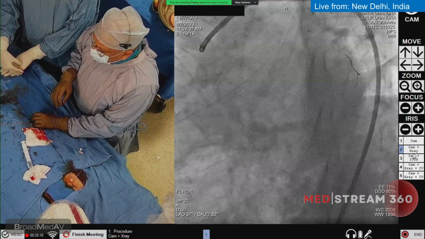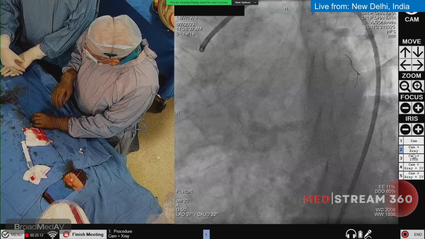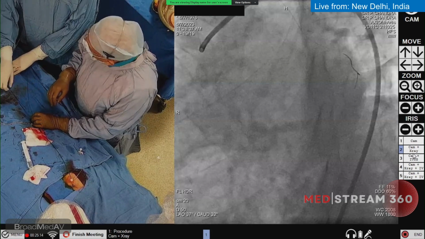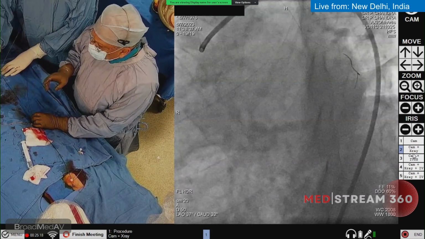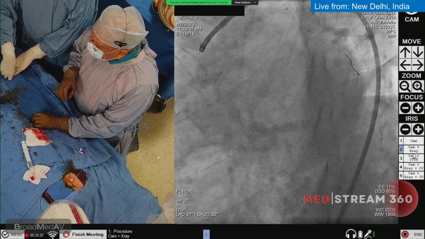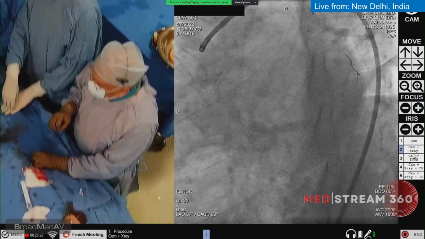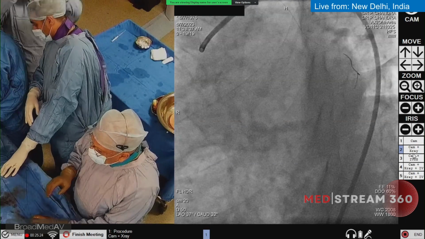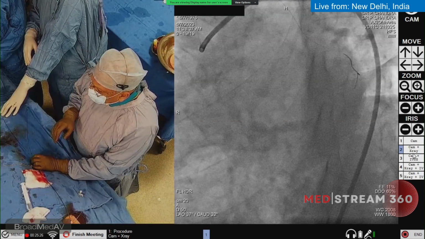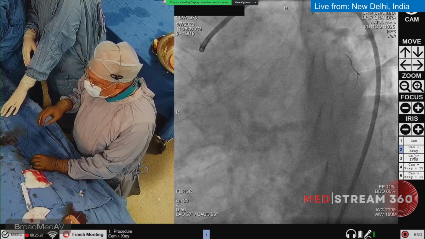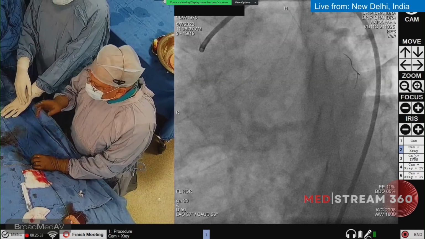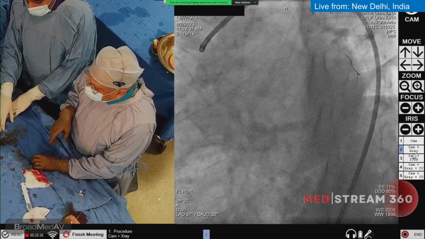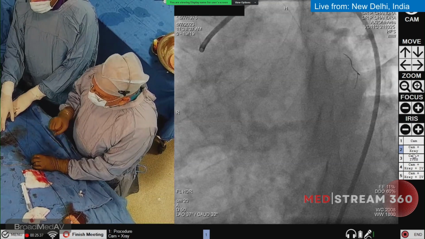Our plan is to start with the LAD first. So sir will be going to start the case. Okay. Yeah, so here his ejection fraction is okay. The interesting feature here is that it is an anomalous coronary artery, and the left main is arising just beside the right coronary artery, which is one of the very common anomalous origins, apart from the separate origin of LAD and circumflex. So this is the left main, which is then dividing into